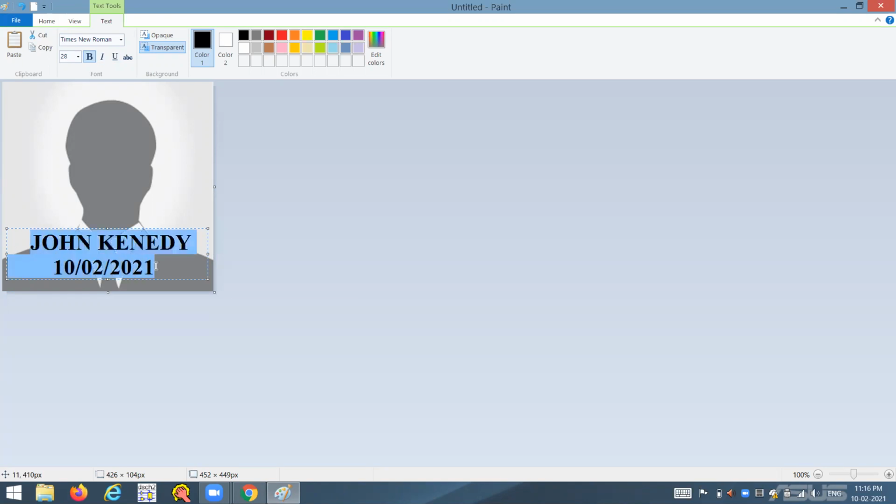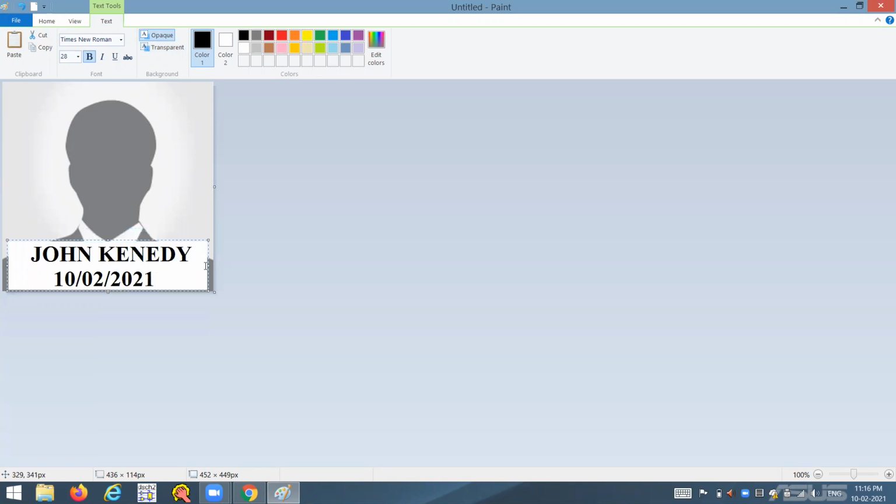Now if you want an opaque one, then you can click here on this, then you can observe here there is an opaque one which will be visible to you very cleanly. If you want to reduce this, you can click this, then if you want to reduce the font size, then you can, is it clear, like this you can reduce the font size also. Then here if you observe clearly, okay, this is the way you have to add name and date in